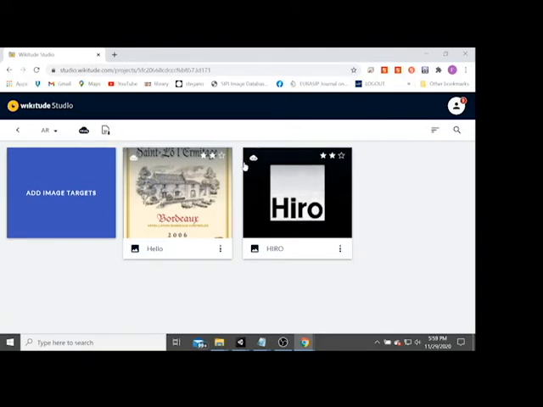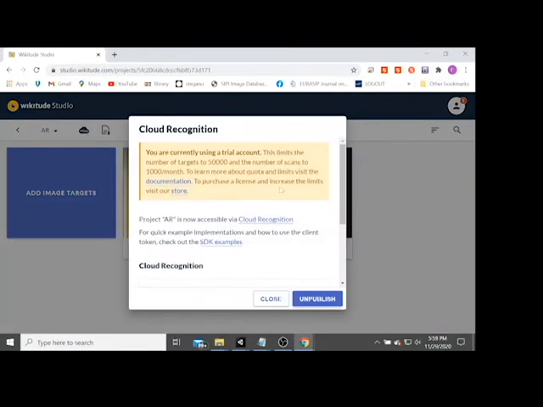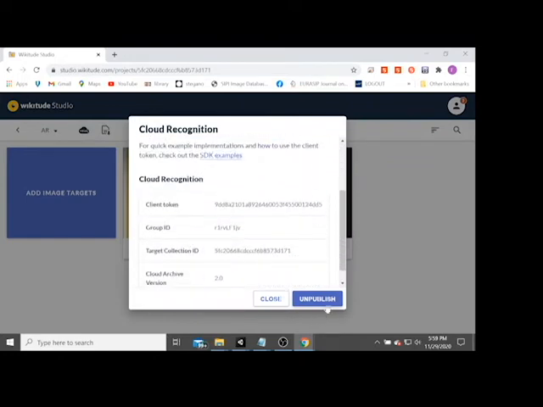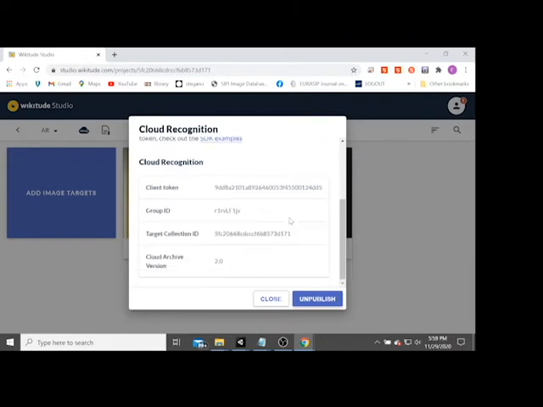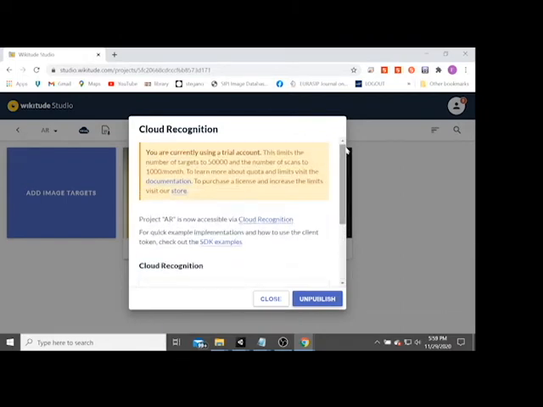Okay. Another one here is the cloud. Here it means that I already activated the cloud. So when you click this one, you can select publish or unpublish here. Unpublish means you want to deactivate your file. Two markers here from the cloud. When you see my screen now, I already published.